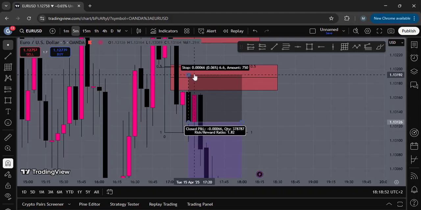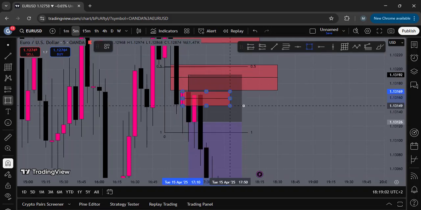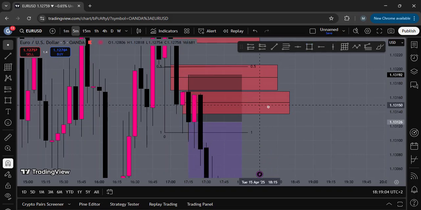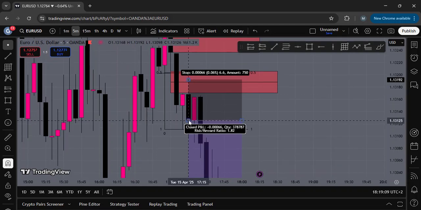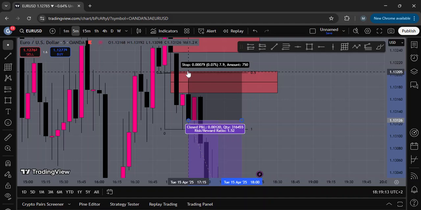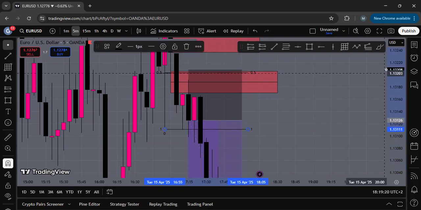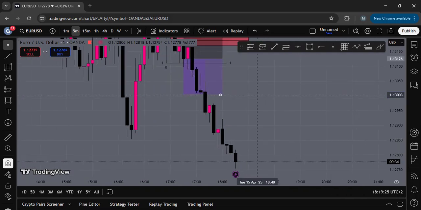So that's again one confluence: we've touched the fair value gap. That's one. Two, we've closed outside of it. Three, we touched 50% of the fair value gap. Four, a big down candle. And five, we've closed and engulfed this candle with a big sell candle. So you've got a lot more confluence. And now you react to the market. You say, I will sell, and you put your stop loss either above the reaction or you say I will put it above the 50 above the fair value gap here, because what you have in here also, you have the 50% of that 5 minute drop for protection, and then you target liquidity points.